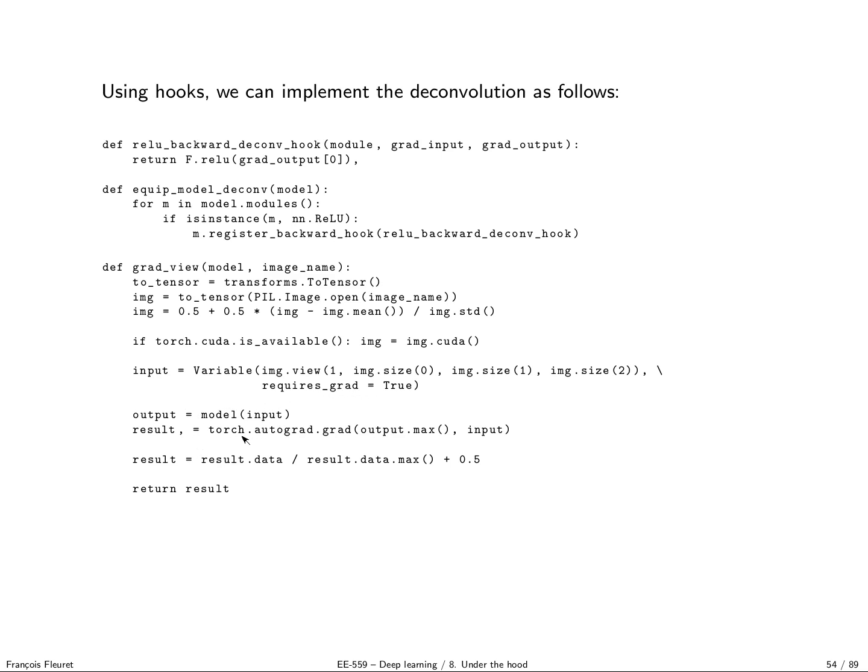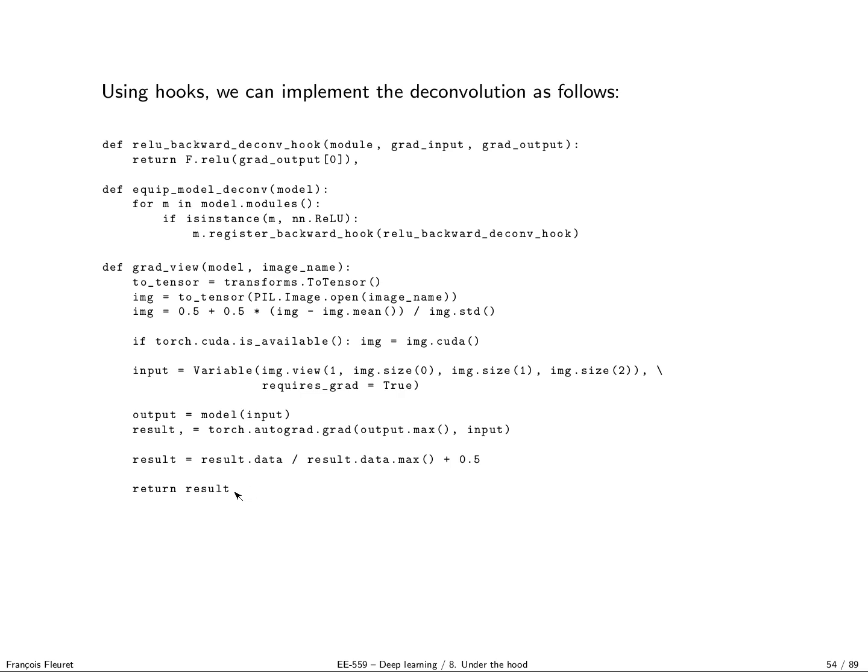And then I compute the gradient of the maximally responding unit in my output. And then I renormalize the result, divided by the max and adding 0.5. Okay? So quite easy stuff. I load the image, move it on CUDA, make it a tensor of size 1, and move my model. So the backward hook, a function to equip a model with a hook, and a function which, given a model and an image name, will load the image, do the forward pass and the backward pass, and return the resulting tensor for the derivative.